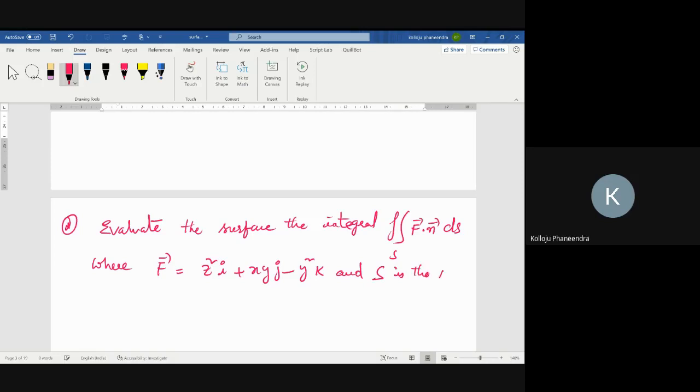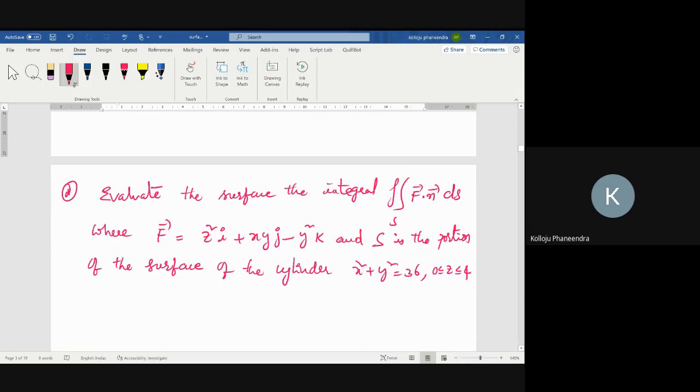S is the portion of the surface of the cylinder x square plus y square equal to 36, 0 less than or equal to z less than or equal to 4, included in the first octant. Okay. Now,